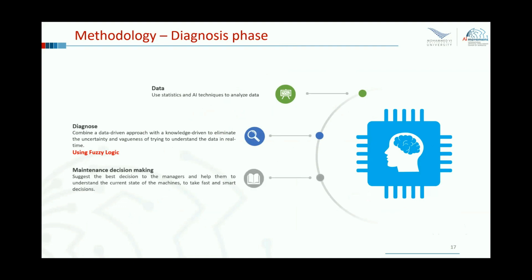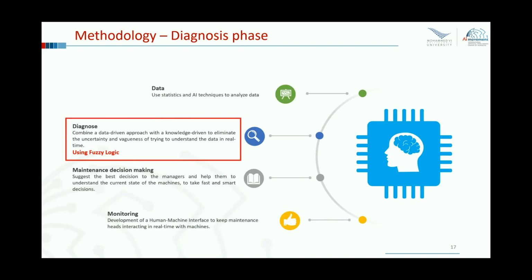Then, based on the outputs, generate recommendations for maintenance agents to take actions. And for sure, the communication between the system and human is done in real time through human-machine interfaces. In our work, in this presentation and in our paper, we are only focusing on the diagnosis phase using the fuzzy logic